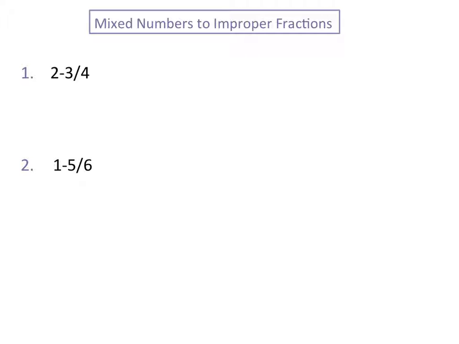What about changing mixed numbers to improper fractions? First, we have a mixed number that is 2 3/4, which means 2 wholes and 3 out of 4. Our denominator is 4, so we know our shape would have 4 equal parts. I'm going to draw this one just to illustrate what I'm saying. So how many shaded parts do we need to make 2 wholes? Our first shape is divided into 4 equal parts, and I will shade in